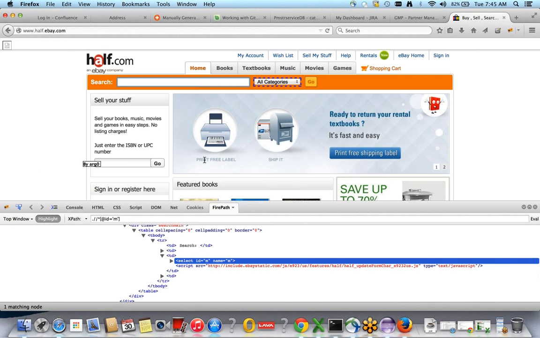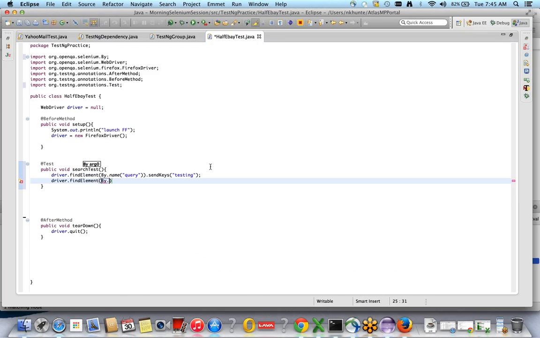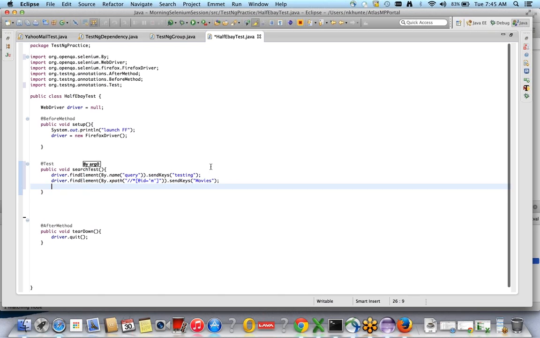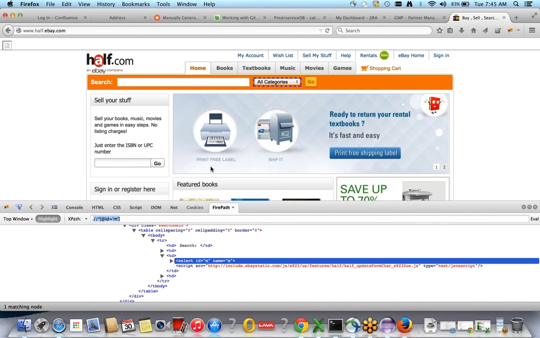Although you can use the Select class also, or you can use sendKeys directly. So let's see, I'm using sendKeys, and let's see, I want to select movies. And then